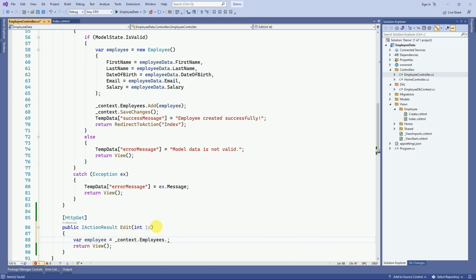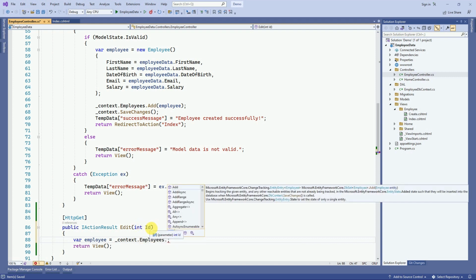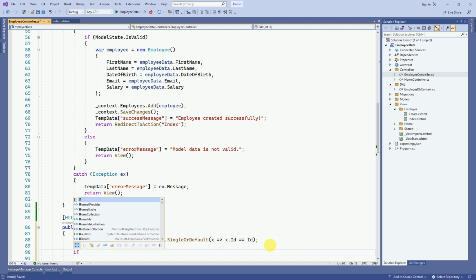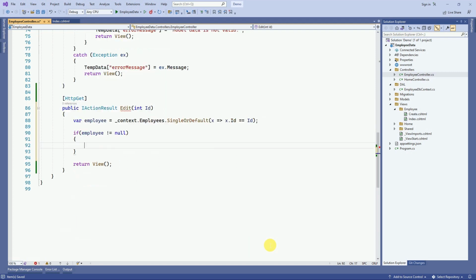Context.Employees. So this ID will be the primary key, it will be a single record, we will get it. If data is available, x such that x.ID equals the ID which is provided by the user. Here we can check if employee is not equal to null,